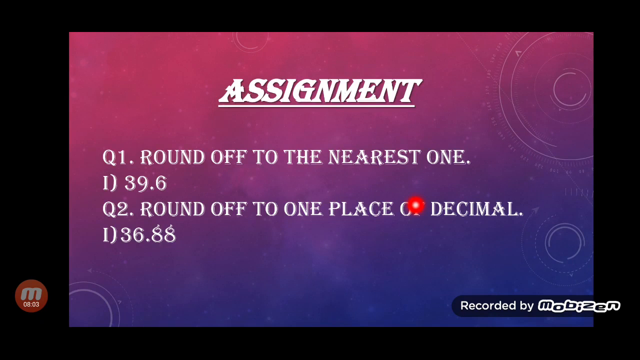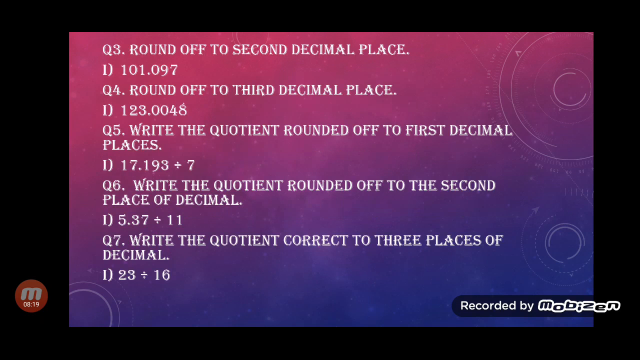Round off to the nearest one, 39.6. Question 2. Round off to one place of decimal. It means 36.88. One place of decimal, it means you will round off to the 8. Next, round off to the second decimal place, 101.097. Question 4. Round off to the third decimal place,